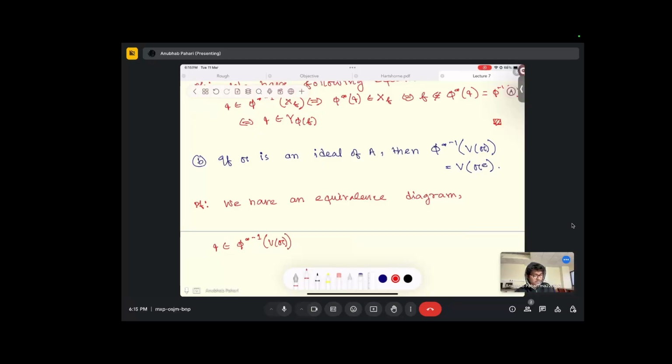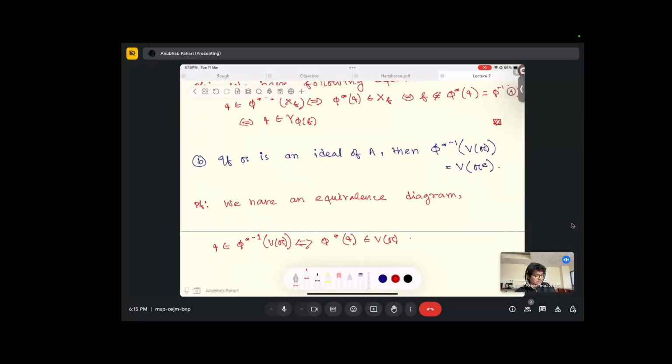This means that Q star, phi star Q should be in, star Q is in VA,